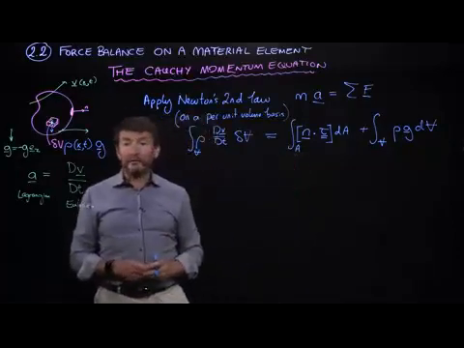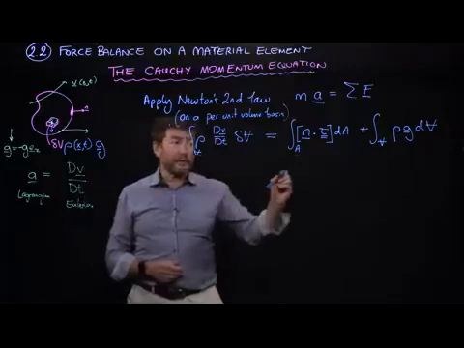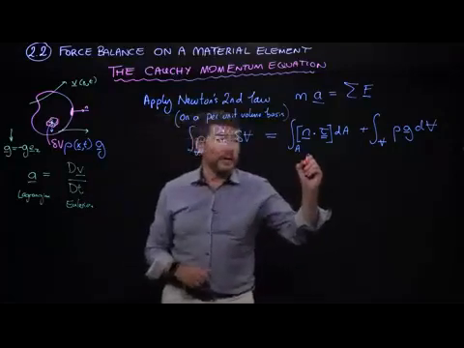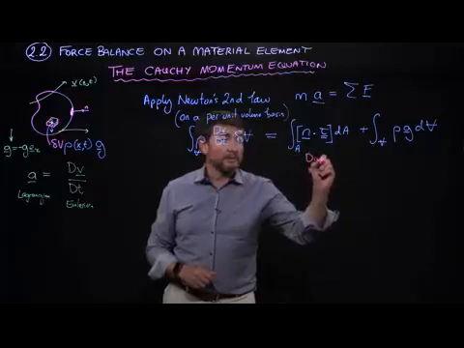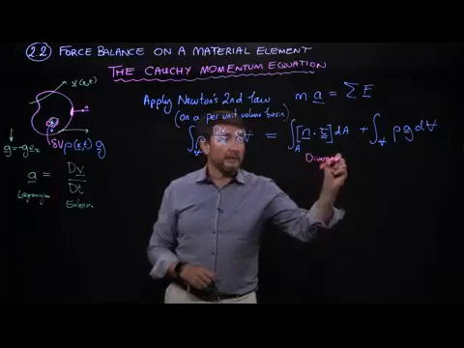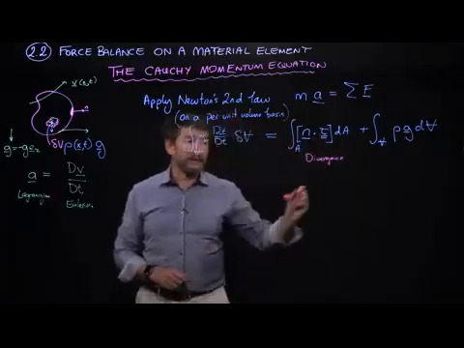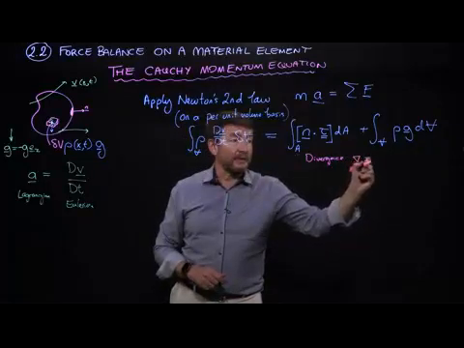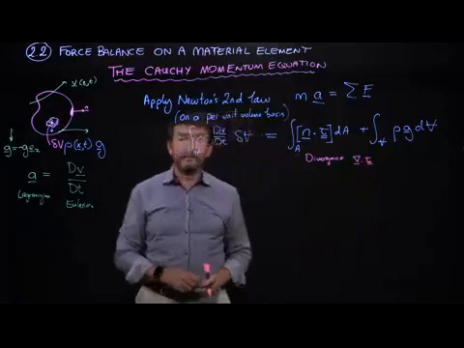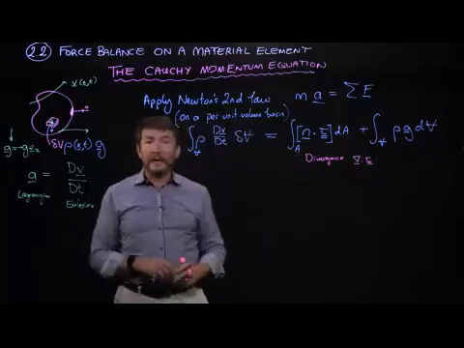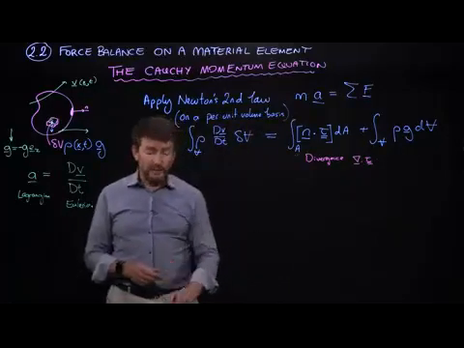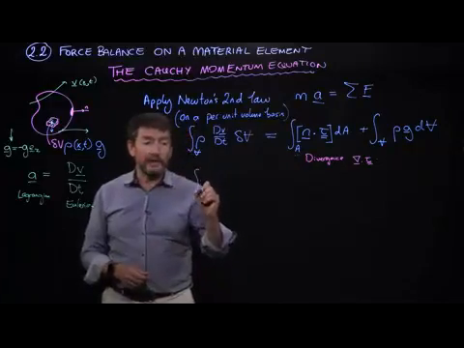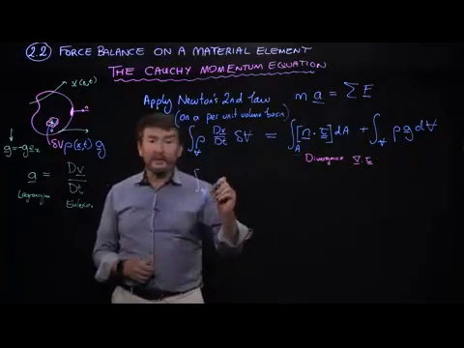And so we'd like to convert this into a volume integral, and we know how to do that using this idea of the divergence theorem. So we can apply the divergence theorem to convert this into something that, of course, we should imagine is going to have del dot tau in it. And so let's do that, and then we'll see that, in fact, everything can be written in terms of volume integrals, and we'll gather all of the things on this side of the